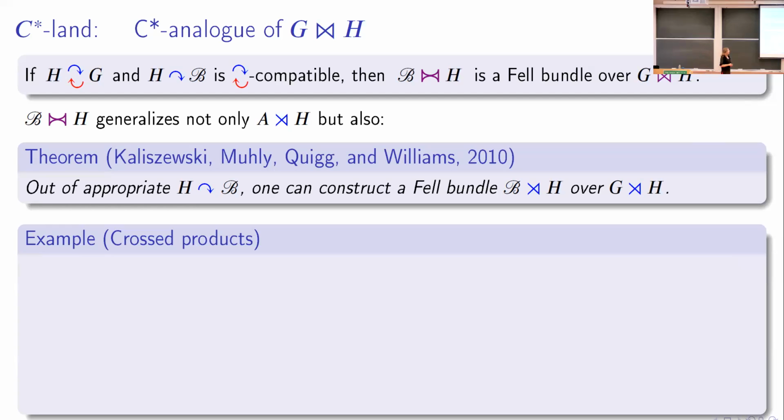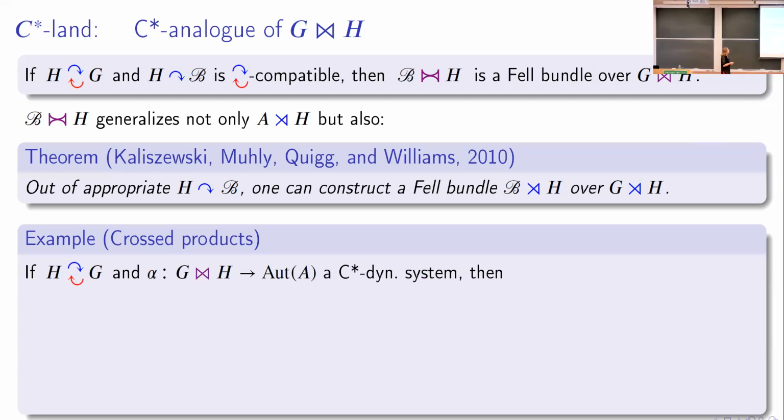Let me give you a small little example just to see that our construction fits nicely with trivial examples. So start with these compatible actions of G and H, and assume that you have some C-star dynamical system of the Zappa-Szép product on some C-star algebra. So really, you just have an action of this groupoid on a C-star algebra. And then you can construct the Fell bundle of this C-star dynamical system. And it's actually the exact same thing as taking the Fell bundle of the restricted action on G and then taking our fancy Zappa-Szép product with the remainder, with the stuff that you forgot about.